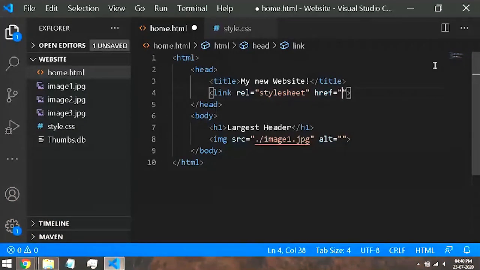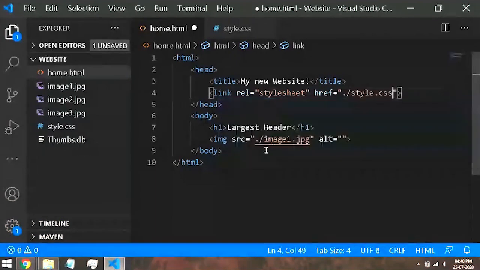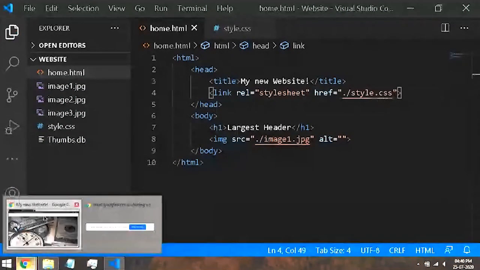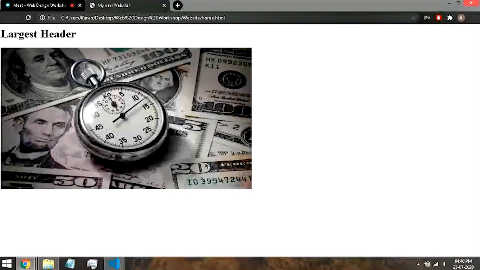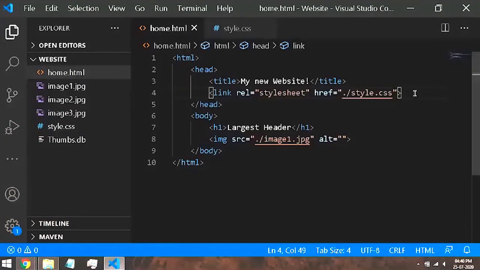Now, if we give the reference to this, I will show you the beauty of Visual Studio Code. I just have to press dot slash. Dot slash means current working directory, which means this file structure. As soon as I press dot slash, you can see that VS Code is giving me recommendations as to whether I want to select the image folder or style.css. So I just have to click. Now, if I hit save, go back to my browser, hit refresh, you can see that the image has again been resized and our CSS code has been moved to another file. So this is how you link an external CSS file.